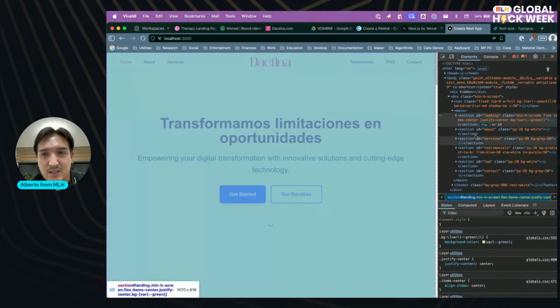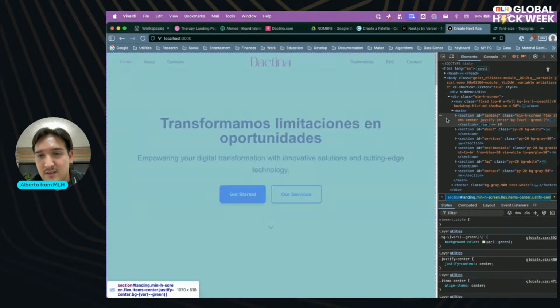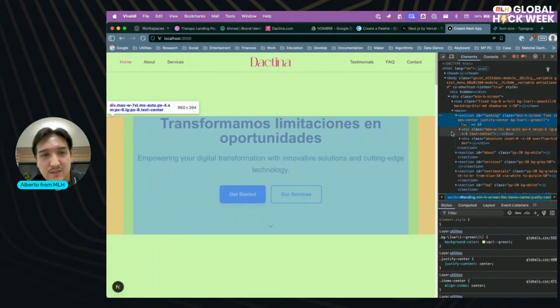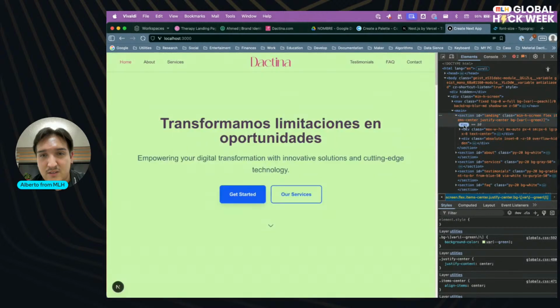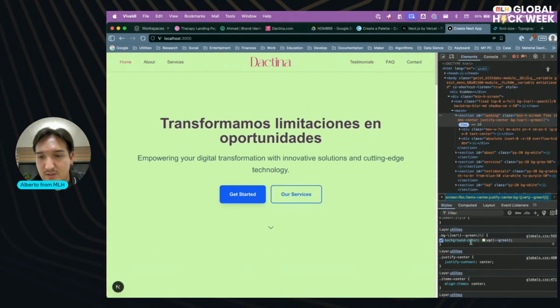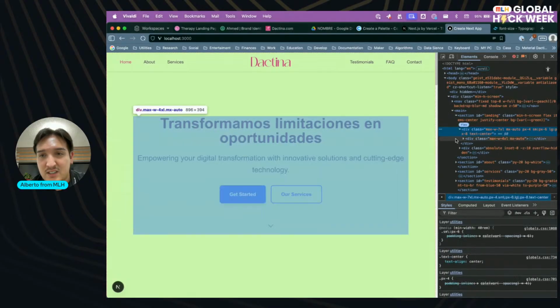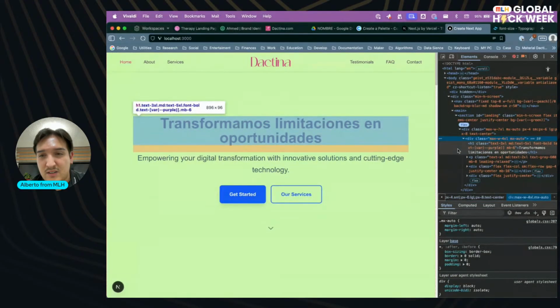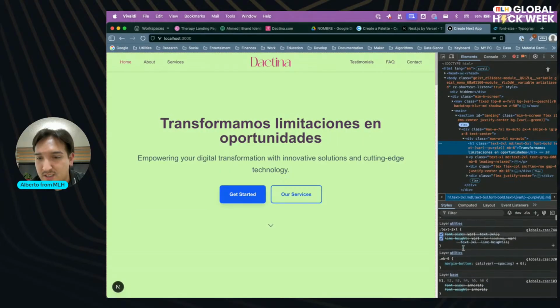Let me inspect. I want to see this. Why is it here? Align item center. Okay, yeah, maybe I should add more space. This H1 just has a margin bottom of 6, which is 24 pixels.